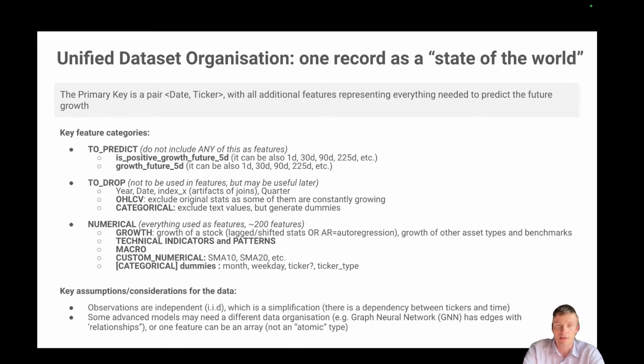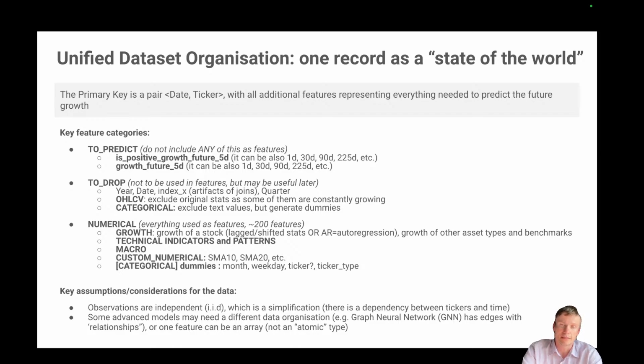And these numerical features can be grouped into these subcategories. First, it's growth, everything that is related to growth, and that's our understanding about previous state of the stock, of other assets or benchmarks